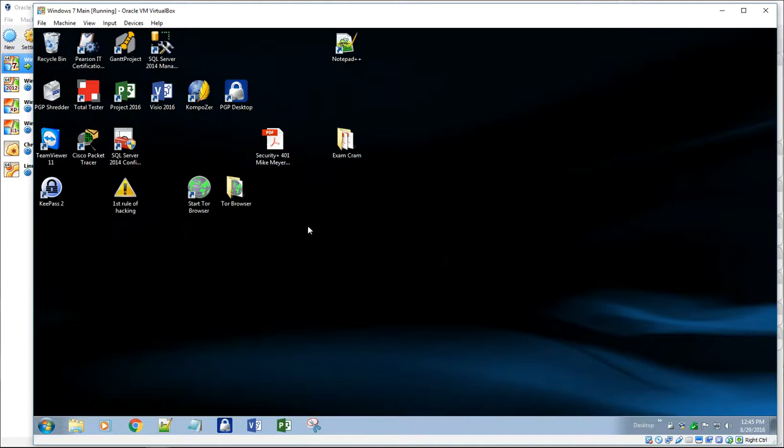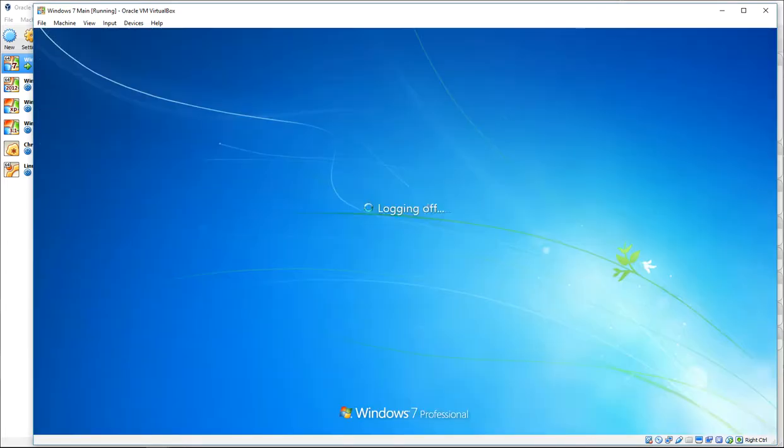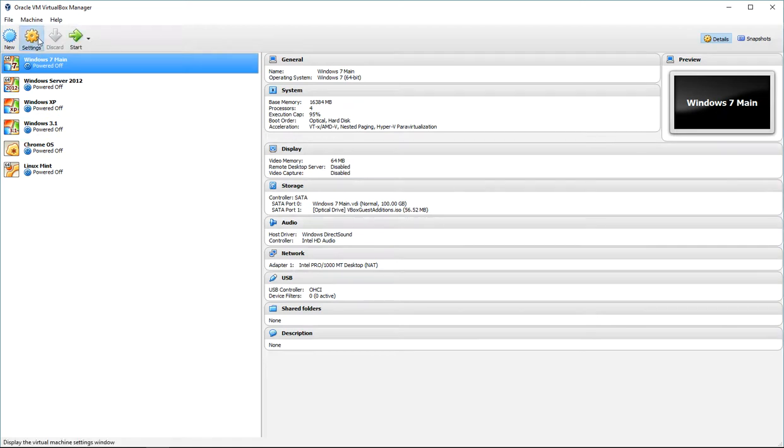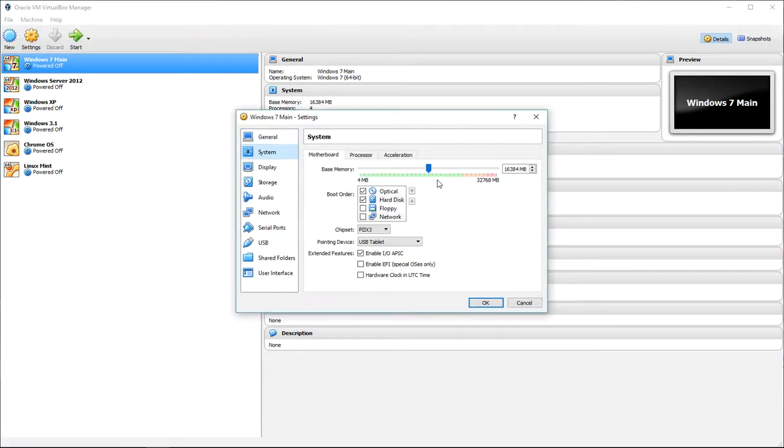So I'm just going to go ahead and shut this down normally and show you how you would normally shut that down. It would shut my Windows 7 machine down, and it's just going to collapse that back down, and now I can change my settings once it gets shut down. So I can go in here and change settings now where I couldn't before.